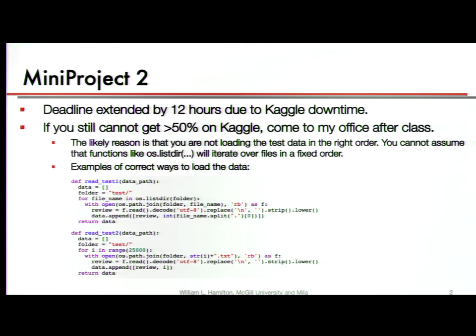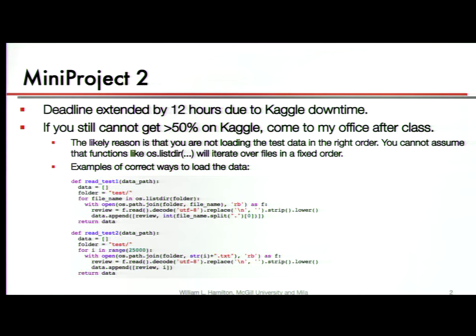But I will say, just to clarify right now, if you are having this issue where it seems like you can't get above random on Kaggle, but you're doing pretty well when you're doing validation tests yourself, this is probably due to the fact that when you're loading the test data, you're loading it in a random order. Unlike what you might presume when you iterate over a set of files in Python, for example using the os.listdir function, there's no guarantee of the order in which you iterate over those files.